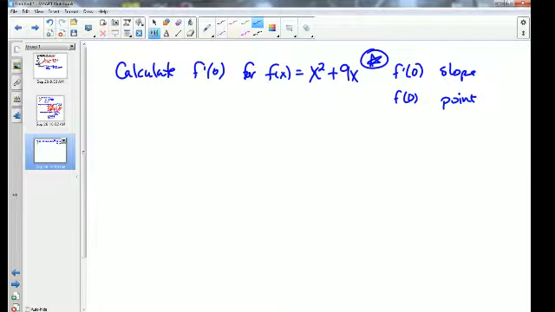All right, so f prime at 0 is the limit as x approaches 0